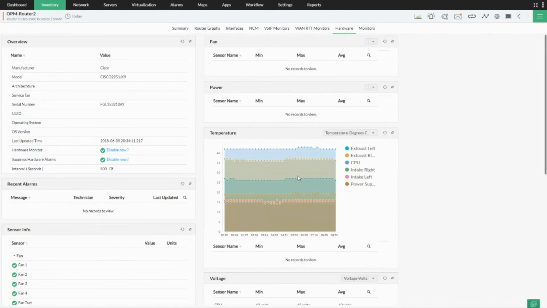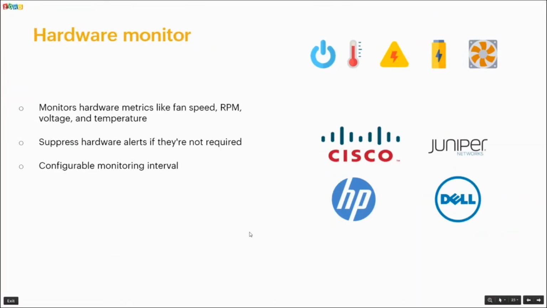In case a sensor is defective or not working as expected, OpManager is going to immediately alert you, and you can make the required changes in the equipment or the device itself, so that you will not have any major downtime or outages in your environment because of unnoticed or unmonitored hardware metrics. As we have seen, we can suppress the alarms for the hardware monitoring or have a custom polling interval for the hardware metrics for critical devices such as my core router or my uplink routers or switches which are there in my environment or in your environment. So let's go back to the presentation and continue.